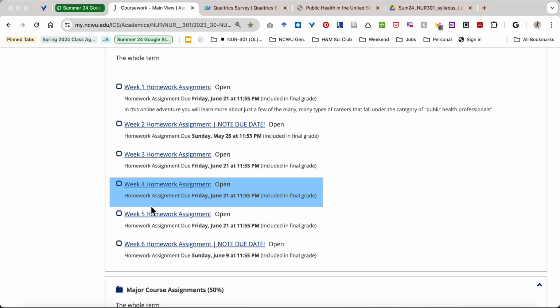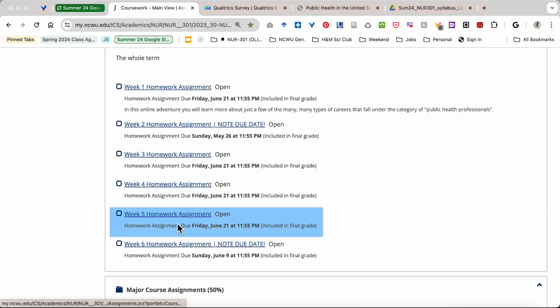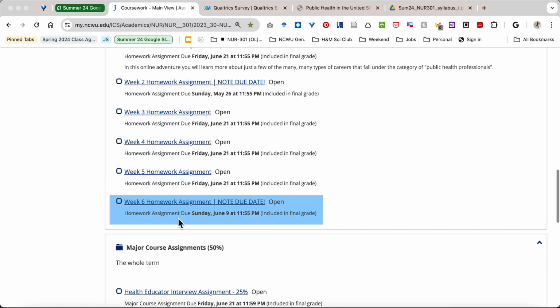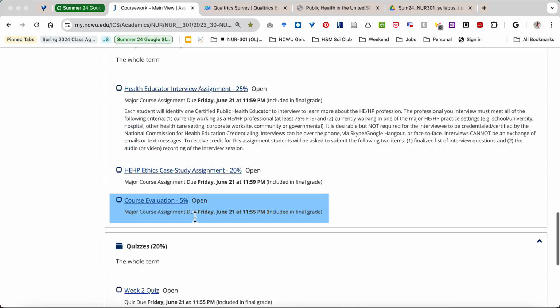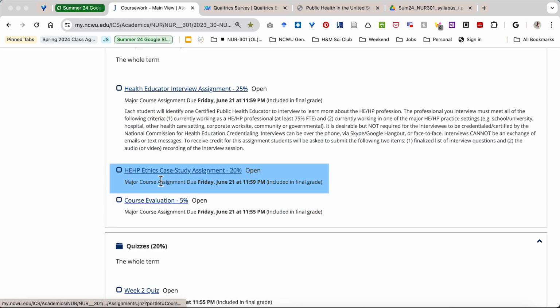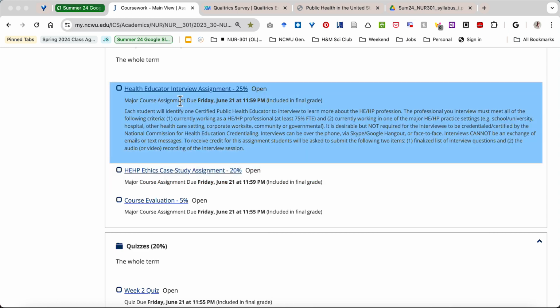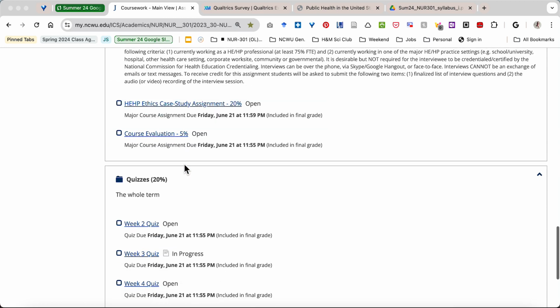The third exception is the week number 6 homework assignment, and it's the same premise. This assignment is due by June 9th, so it's about a week earlier than the final due date, and that is because it is helping you to get set up for your ethics case study assignment. Okay, so I want to be able to give you guys feedback before you have to submit these 2 final course assignments. I will do separate videos going over these later. I don't want to bombard you guys with too much in this very first video.